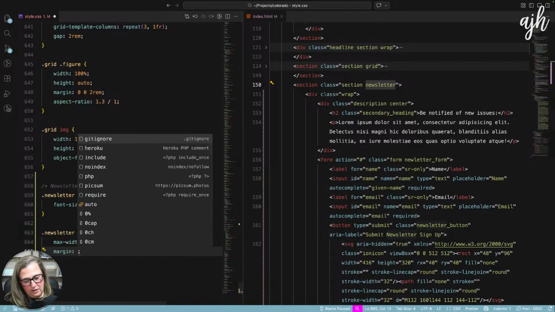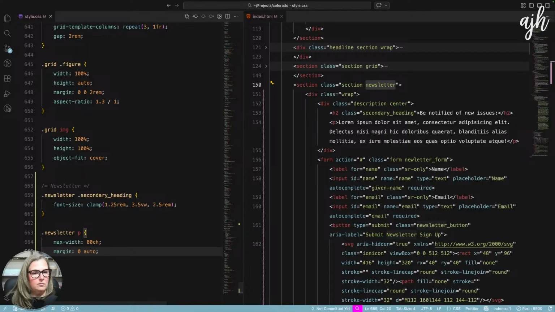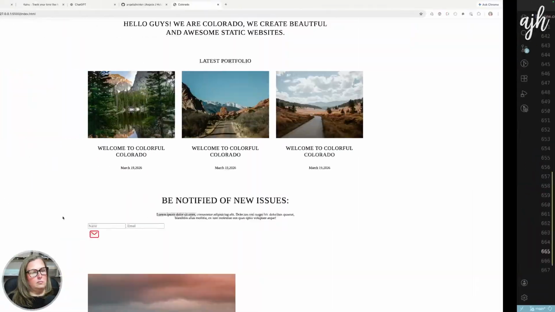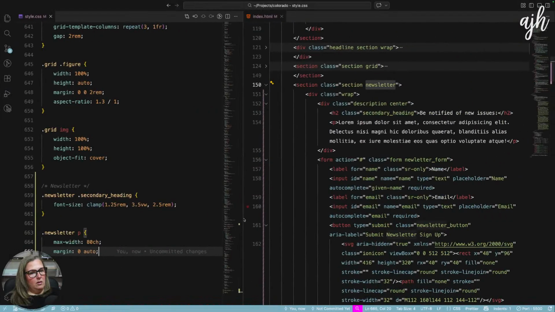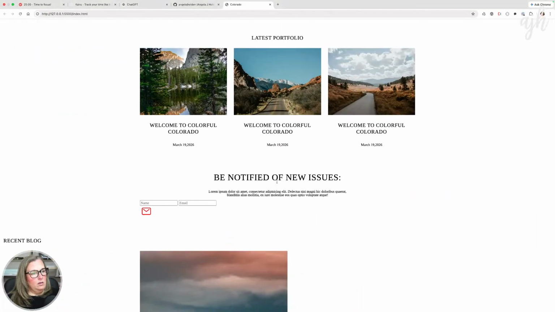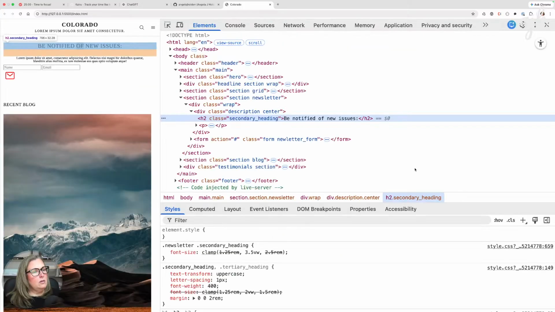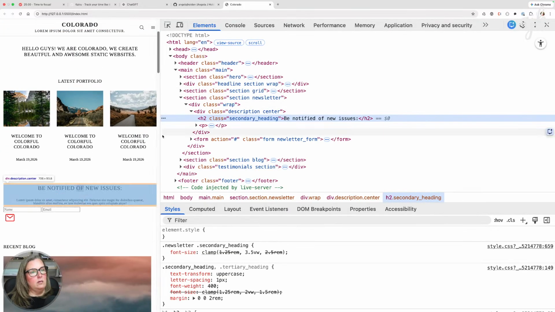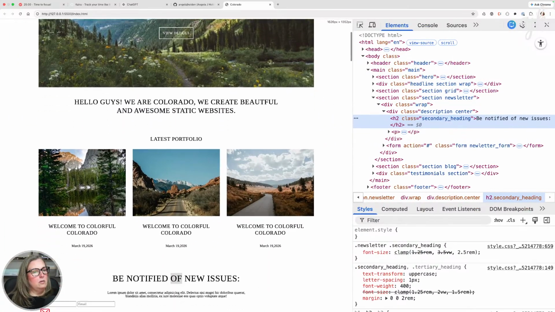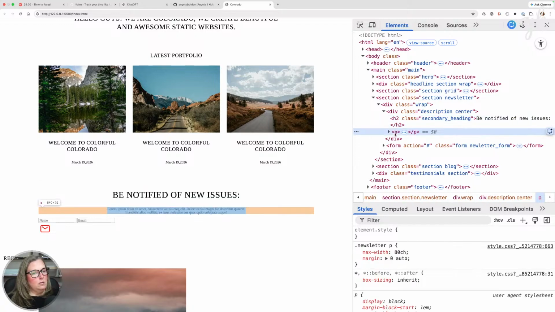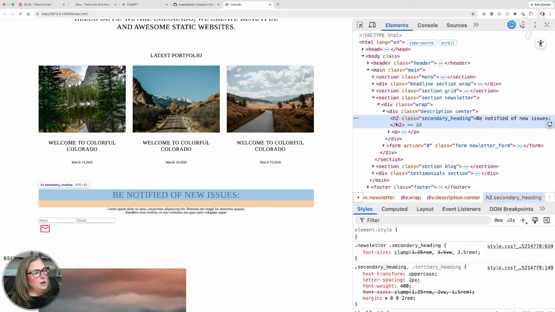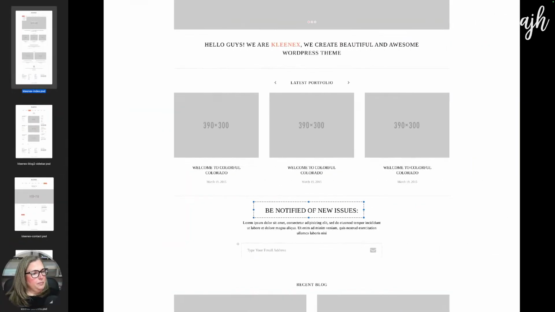And we'll make sure that that is also centered. Yeah, that looks pretty good. And I'm good with this margin, has 2 rems. So I'm good with that.